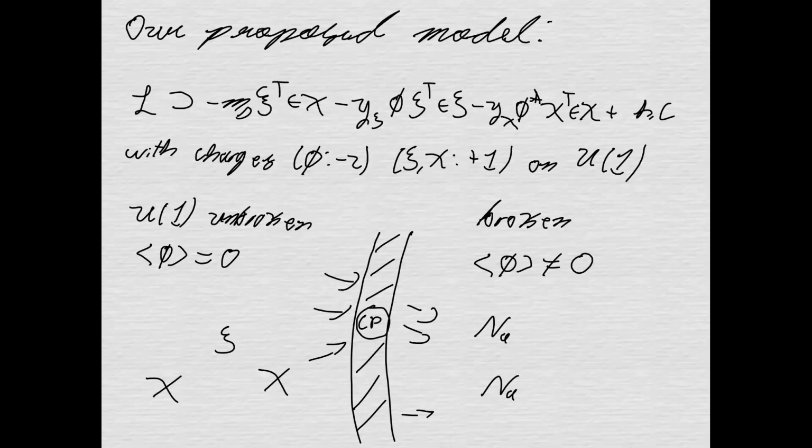The model that I'm working on right now has some Dirac fermions. They are coupling through some scalar under this U(1) symmetry. They have their charge such that the symmetry is unbroken in our false vacuum. The singlet does not have a vacuum expectation value on this side. So the phase transition involves